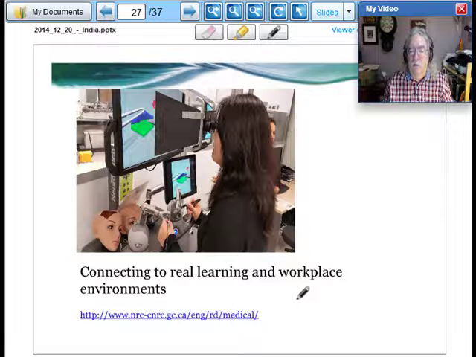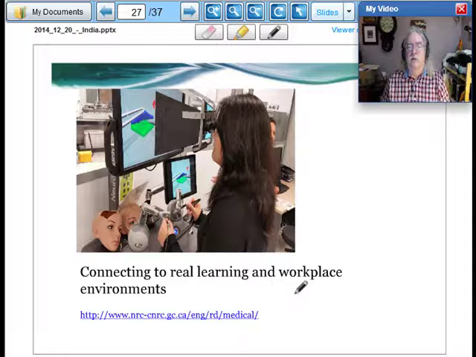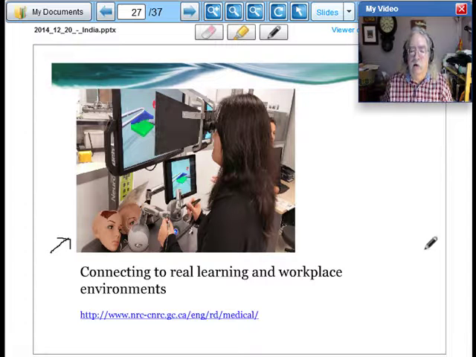Finally, we want to connect to real learning and workplace environments. This is the simulation system that I talked about here. This is the NRC laboratory in Boucherville, and this is a person, you can see she's using these optical glasses here.